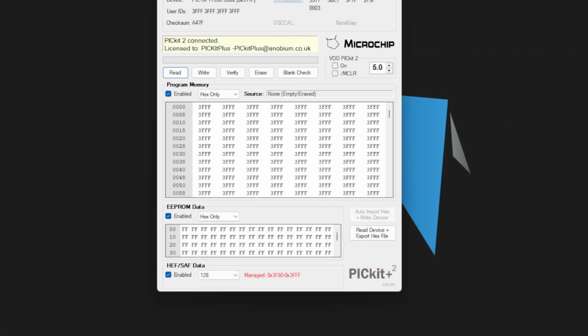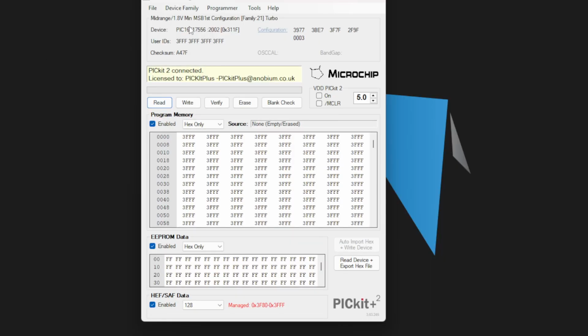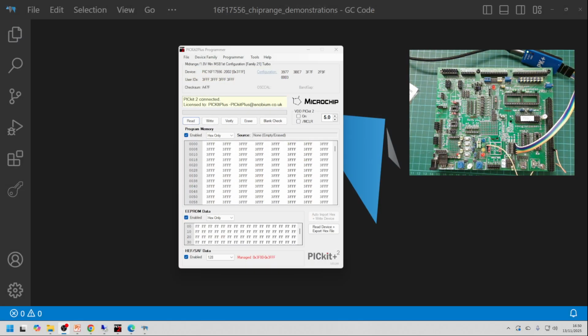And we can see here already that we have got in this device line a 16F17556, and it lists out all the different components. It says it's got 16K of RAM, 128 of EEPROM, 128 of this and that, different voltages, etc. And I can erase it, and if I erase it, that LED will stop. So let's see what happens. If I do that and I press the erase button,